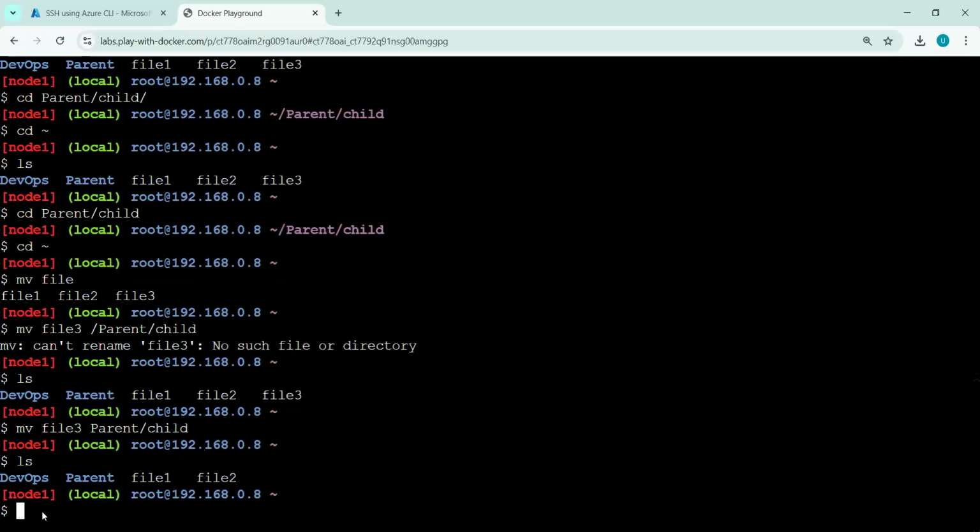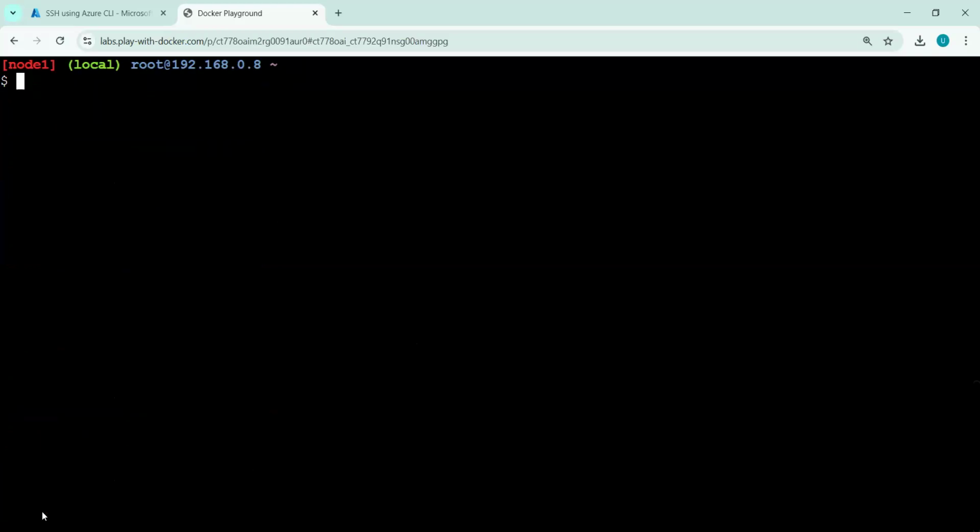Okay, so now here I want to open that file. Let me clear again, it is the up arrow. Now I will do ls. You can see file 3 has disappeared here. It is not showing. So now I want to open that file. How can I open it? We learned yesterday vi, and then we need to give the path, parent slash.